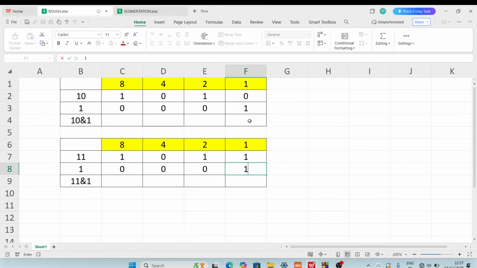Both bits should be true, only then the answer is true. Even if either is 0, the result is 0. Okay, so now look at the answer. What is the final answer? 0, 0, 0, 1. It means that is 1 here. And coming to the 11,